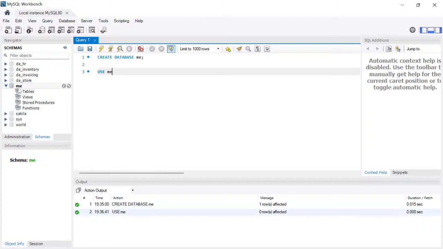So that is how we create and use a database. Then we start writing any commands that you want to write. Now, you don't want to waste much time. I've already created a particular database that I want us to use. So what I will do is that